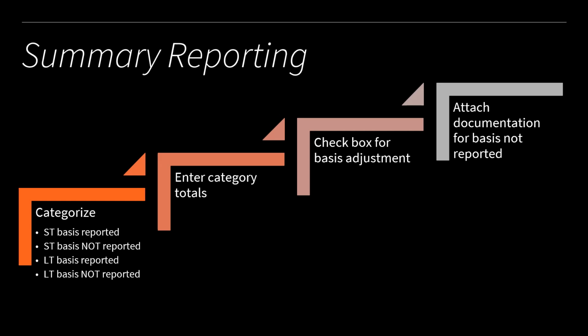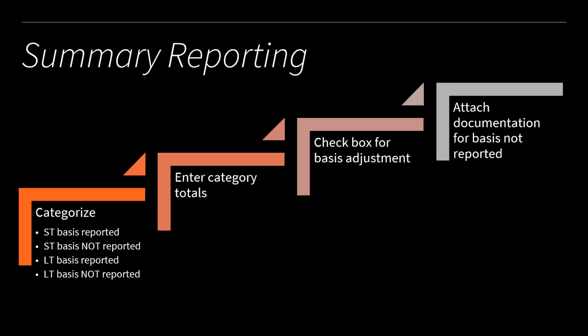into short-term property where the basis was reported to the IRS, short-term property where the basis was not reported. Then we'll also have some categories of long-term where the basis was reported and long-term where the basis was not reported. Most often our taxpayers will end up with two categories. Usually the basis has been reported, so usually you'll have a short-term basis reported and a long-term basis reported